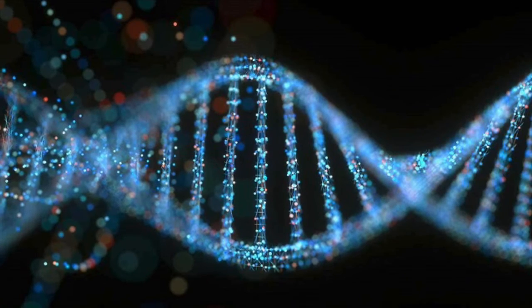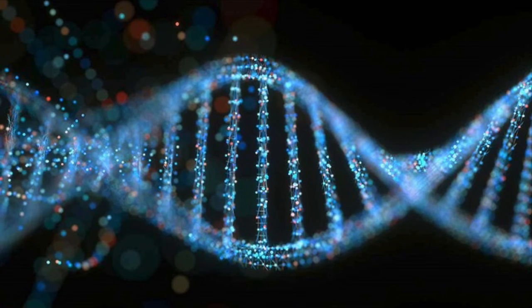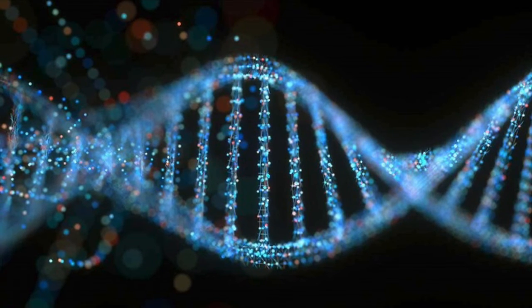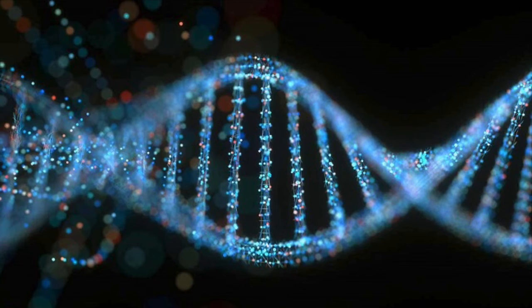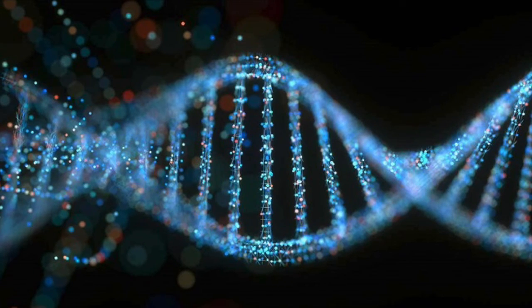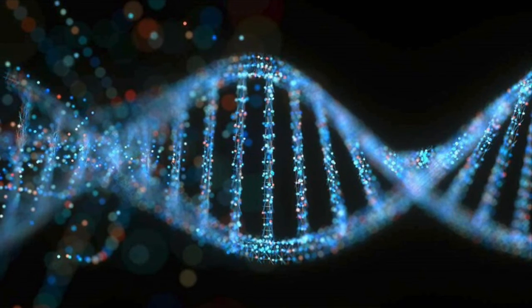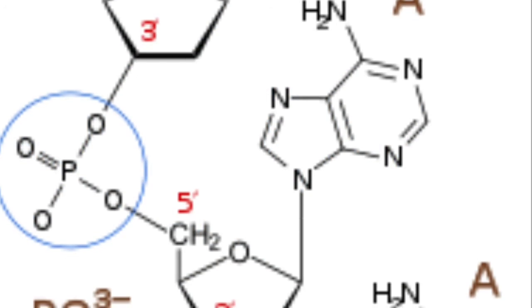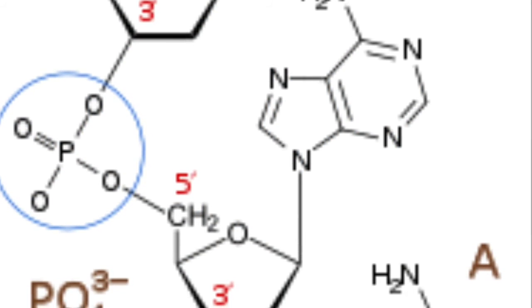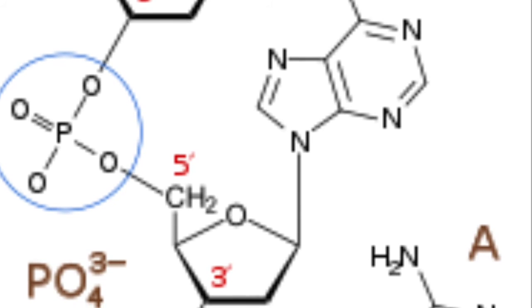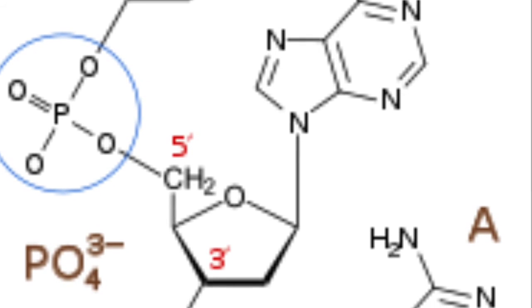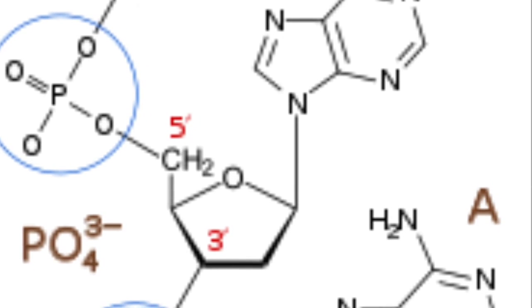For the bases to pair up with hydrogen bonds between them, it has to be between a pyrimidine and a purine. And an exception is that adenine cannot pair with cytosine, even though they are purine and pyrimidine. Lastly, DNA is joined up by a phosphodiester bond between the 3rd carbon and the 5th carbon, connected by a phosphate